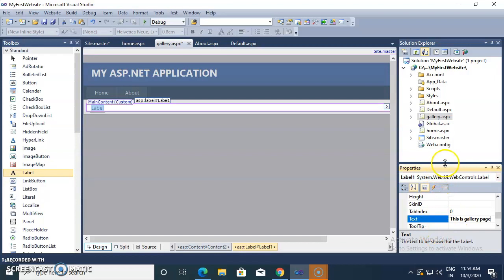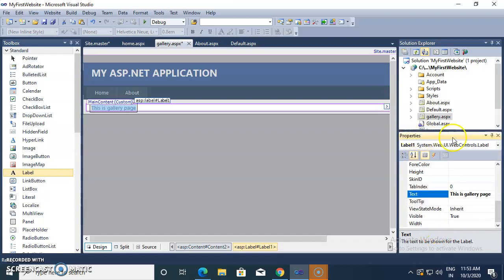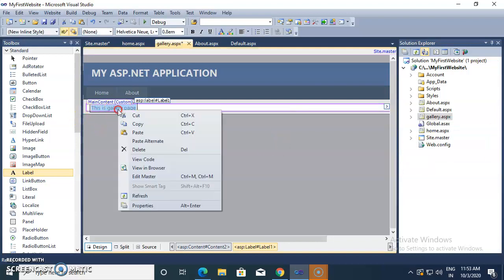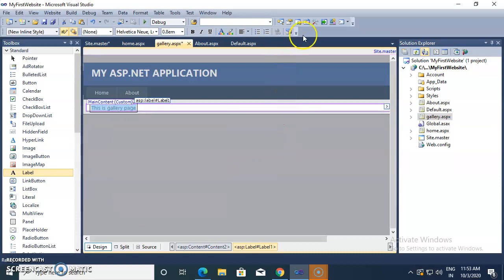So by using properties window, now where is this property window? If there is no properties window, right click on a particular control. There is one properties option,